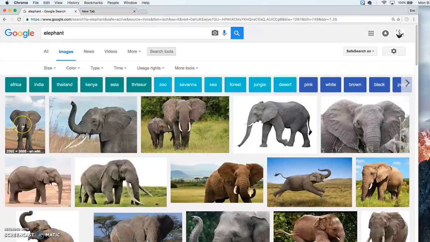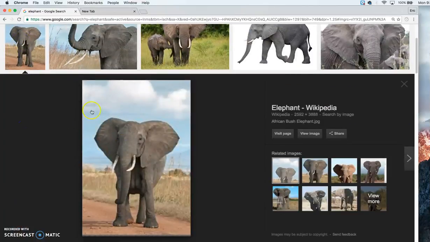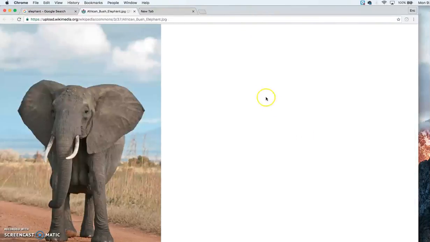So let's look at this first guy here. I'm going to click on the image. It's going to bring up this thumbnail image, this small one. The larger image here is not the correct resolution. So if you see this resolution is 2592 by 3888, this is not the right size. You're going to have to go to View Image, and it's going to pull up the full size image, and you're going to see a lot more detail and a lot less pixelation. So I'm going to go Copy Image,